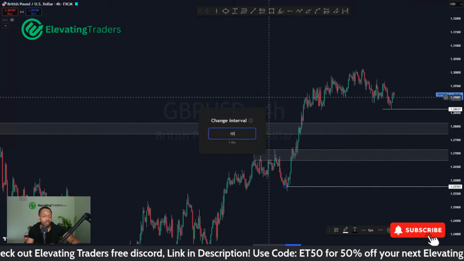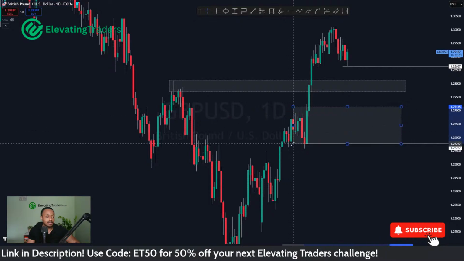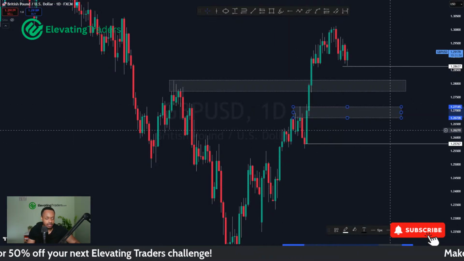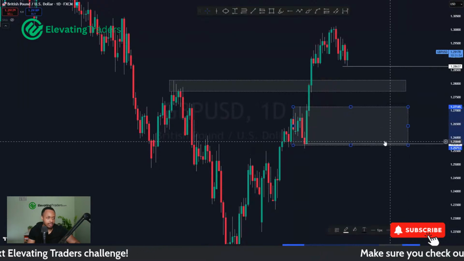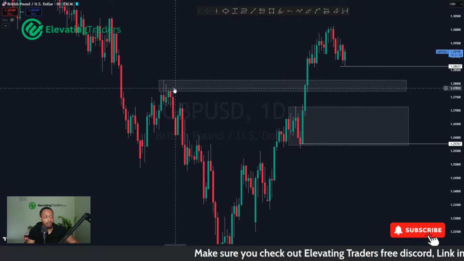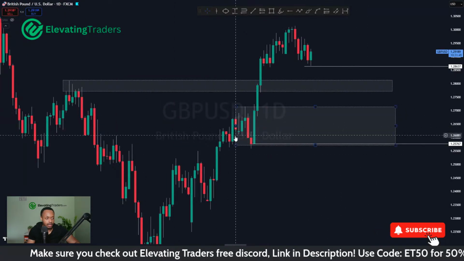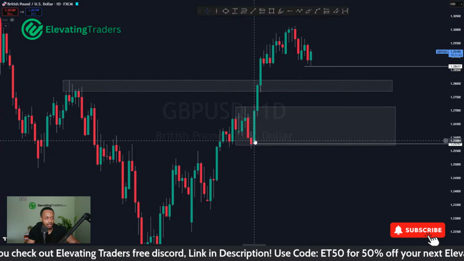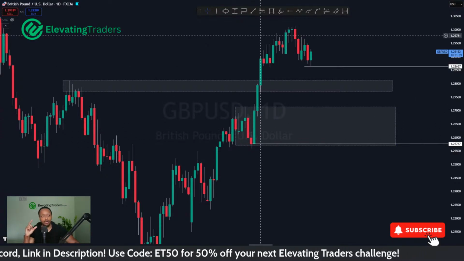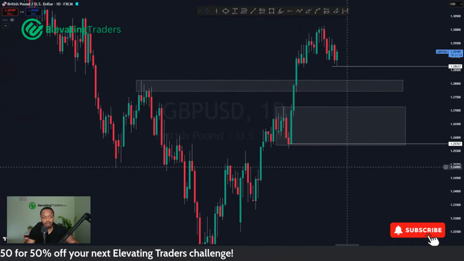Possibly, possibly. I mean, essentially, I'm looking at this range here. So I'm focusing the level on basically the retest of the high, but essentially this is my area of interest for pound USD. My initial area of interest is 1.28, but if that doesn't hold, I'm looking at this consolidation. We spent a few days moving sideways, and we had a really strong move to the upside, and that's where a lot of momentum came from. So I do think pound USD can possibly come back to that area again and react.